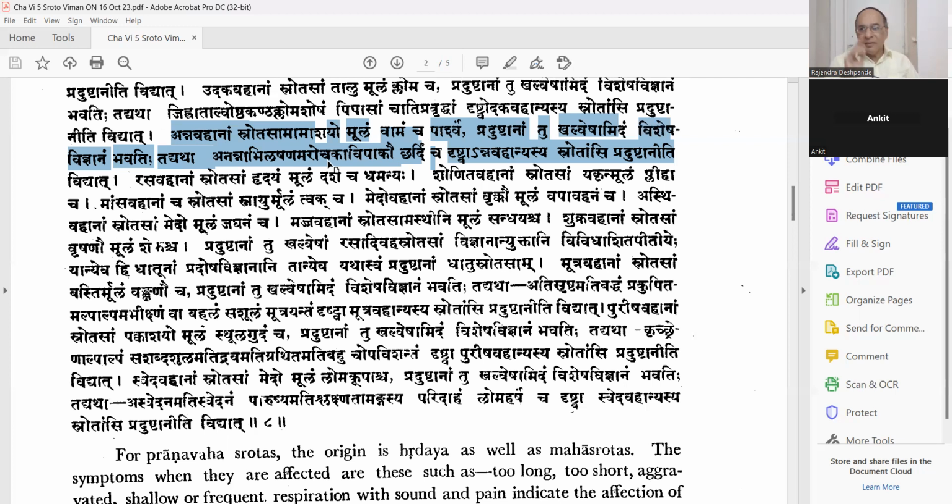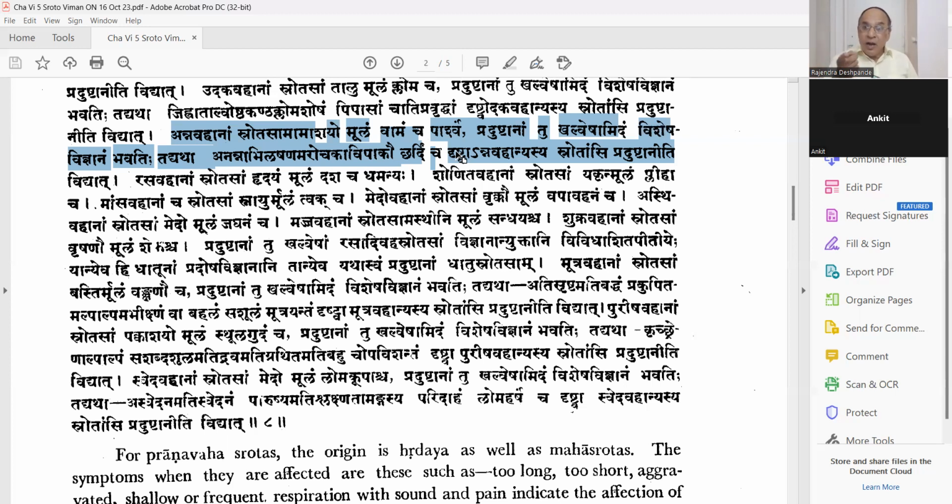Then avipaka. Paka is digestion. Avipaka is incomplete digestion. Next, chardi. Sometimes there will be vomiting. Chardi is vomiting. Anannabhilasha, Arochaka, Avipaka, Chardi cha drishtva: when you see these symptoms, you can make a provisional diagnosis that there may be a problem with Annavahasrotas Dushti. I think till now we have completed Pranavahasrotas, Dushti Hetu, Dushti Lakshana.